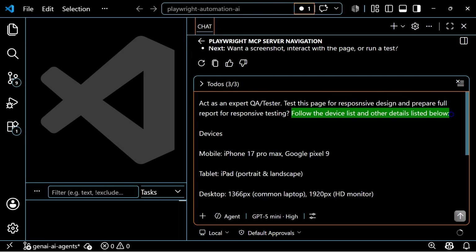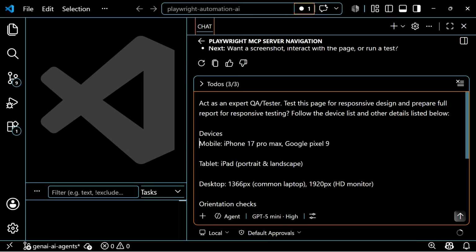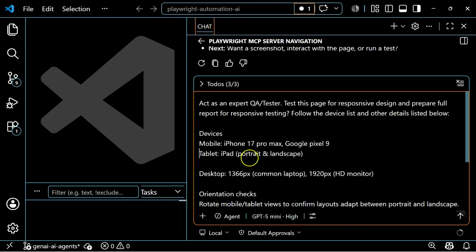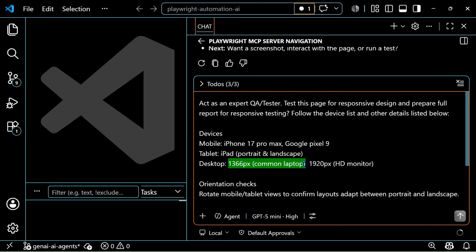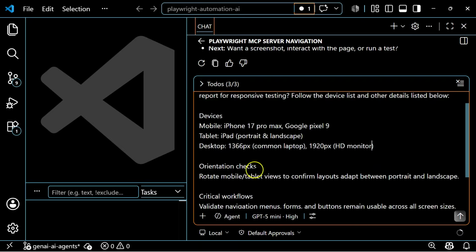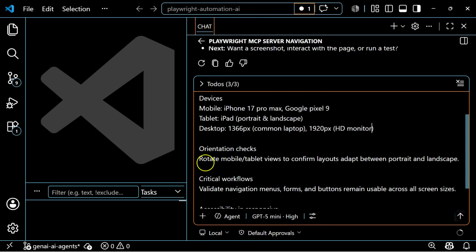So as of now, I have just prepared a very basic device list here: for the tablet, iPad portrait and landscape; for mobile, iPhone 17 Pro Max and Google Pixel 9; and in the desktop, just the common laptop and the HD monitor. Then I am saying orientation check: rotate mobile and tablet views to confirm the layout adapts between